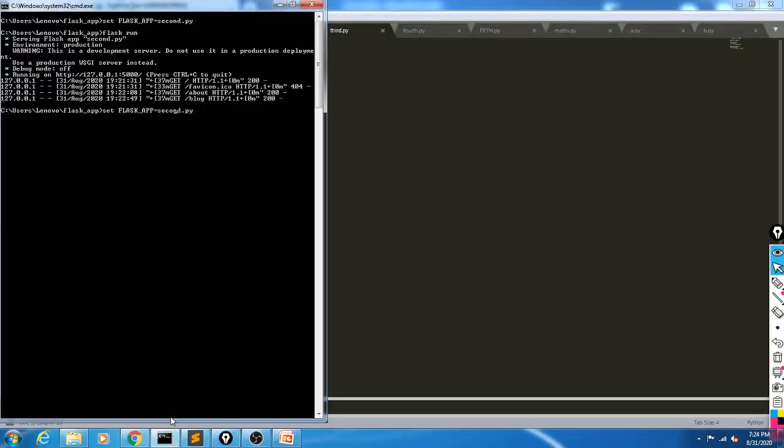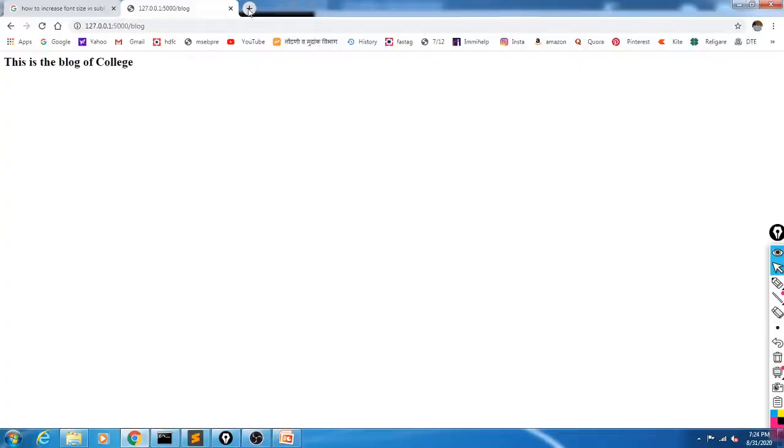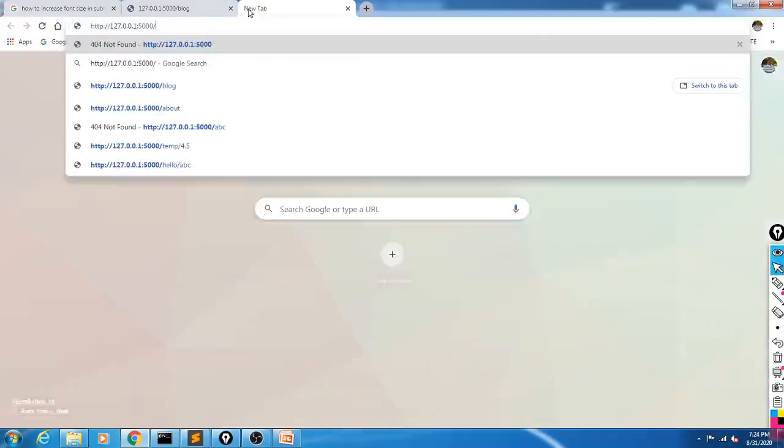The name of the Python script is third.py. Okay, and then right here flask run. Okay, it gives you the URL. Copy this one and run it in the browser. Paste it and run it in the browser.